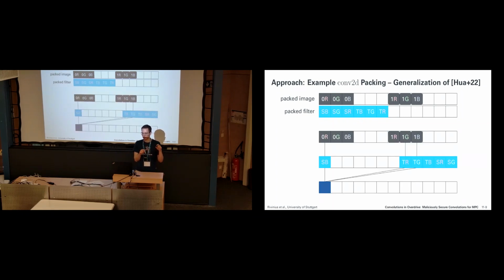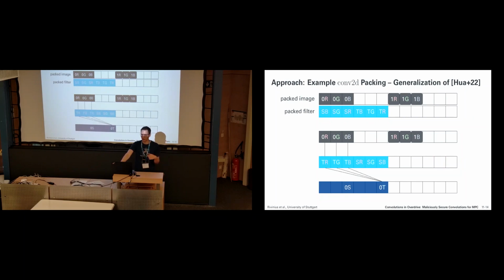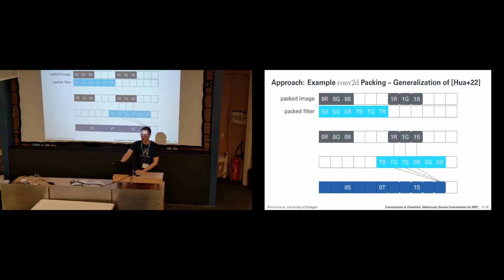you would get at first something where the wrong channels match. So for the first part, you see it's the red channel of the image and the blue channel of the filter. Then you move over, it's still the wrong things. But at some point, exactly the right channels of the image and the filter overlap, and you get the first output image. Then you continue doing this, and you get at these regular intervals your parts of the output, and your unpacking is just you extract these slots where you have your output of the 2D convolutions.